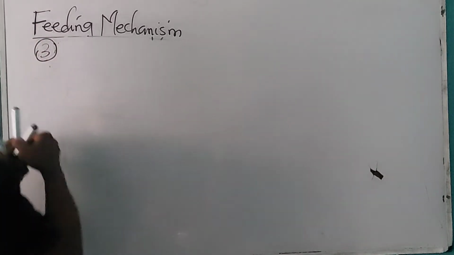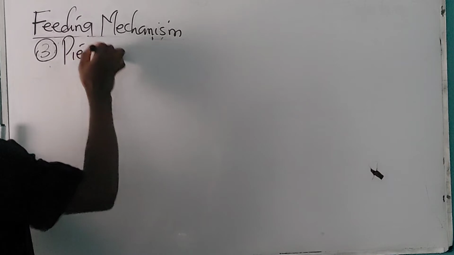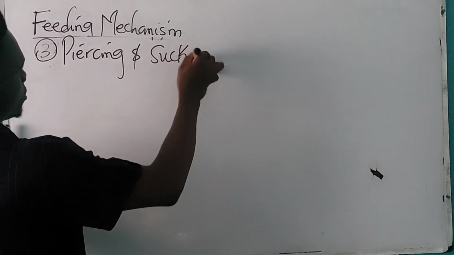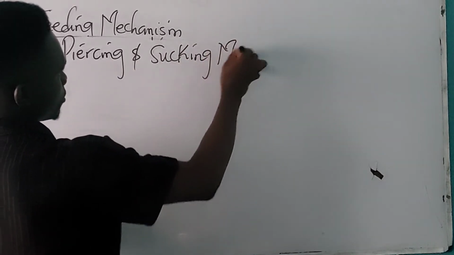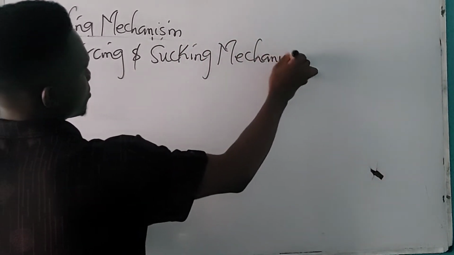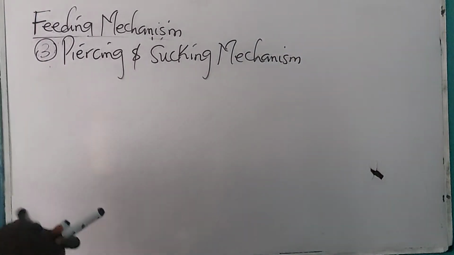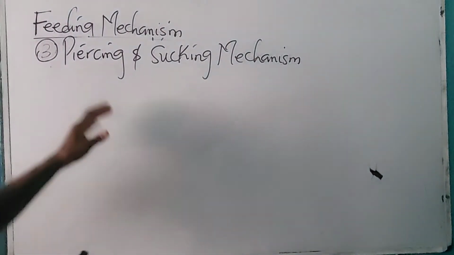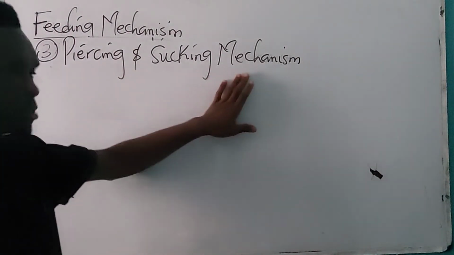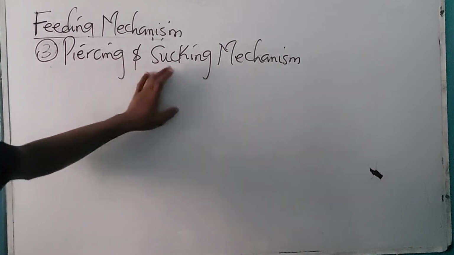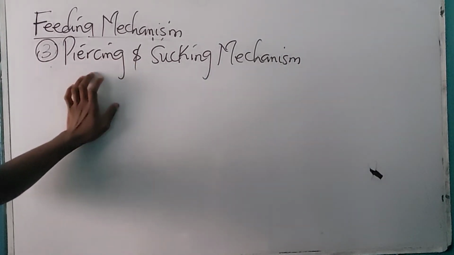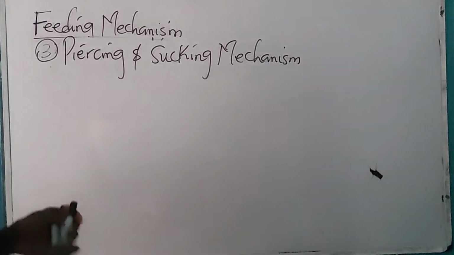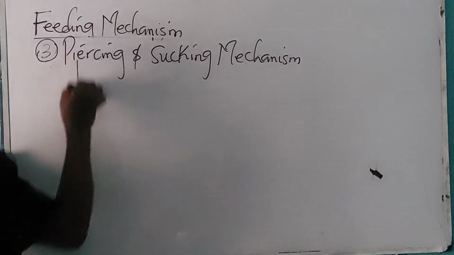Number 3 is going to be the piercing and sucking mechanism. Now, there are 3 popular species that are known to carry out the piercing and sucking mechanism. The word piercing and the word sucking are 2 different things. Alright? Now, there are 3 major organisms that are capable of exhibiting